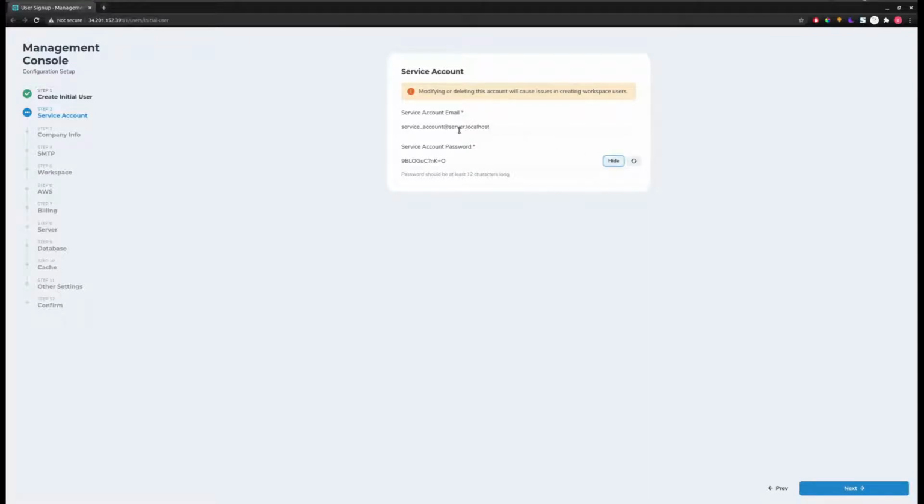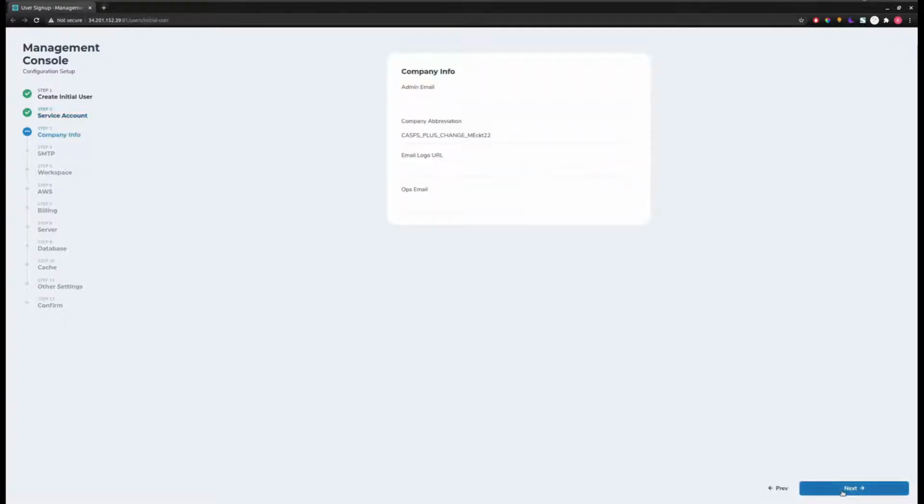And you don't need to change this or anything, but just so you know, the service account is what allows Workspace to set up the CastFS user information and save it to be used on server startup. So if you want to change this, you can. But no need to. So we'll click next, and you can set up your company info, and you can see that you could actually skip right through this if you don't want to do this now, but we'll make a